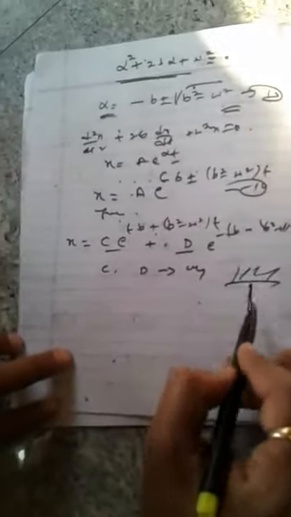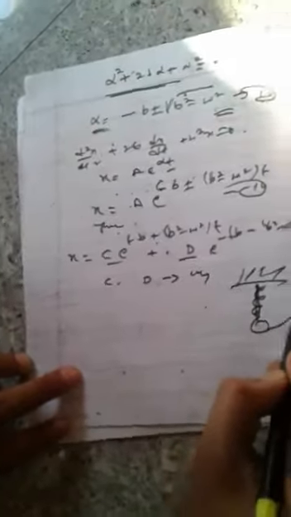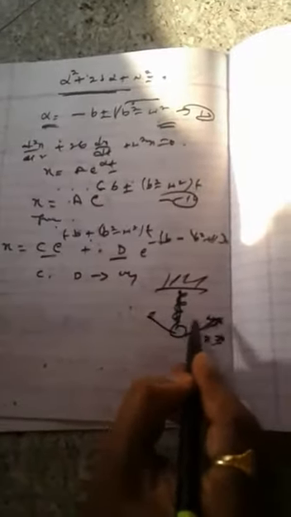So let, for example, the time be counted from the maximum displacement. For example, this is the support. Okay, this is the spring, and this is a load. This is the displacement, maximum displacement. Suppose the time be counted from the maximum displacement position, for which the value of the displacement here is equal to 0, x is equal to 0. Then x is equal to 0 when it started to come down, that is t is equal to 0.